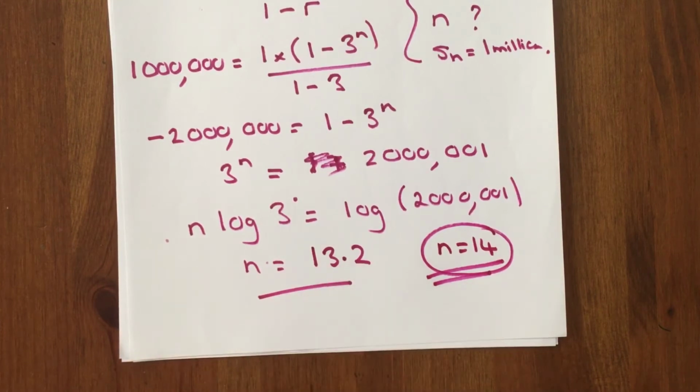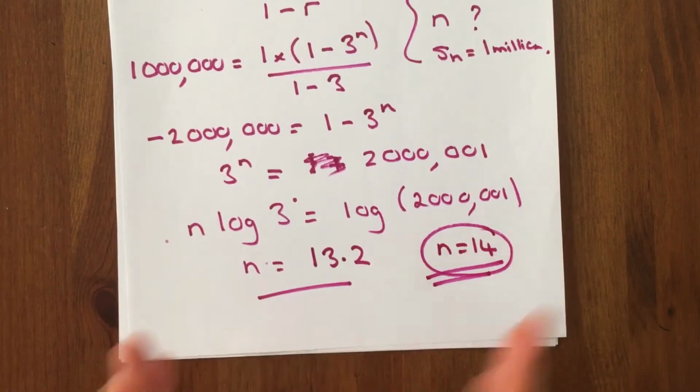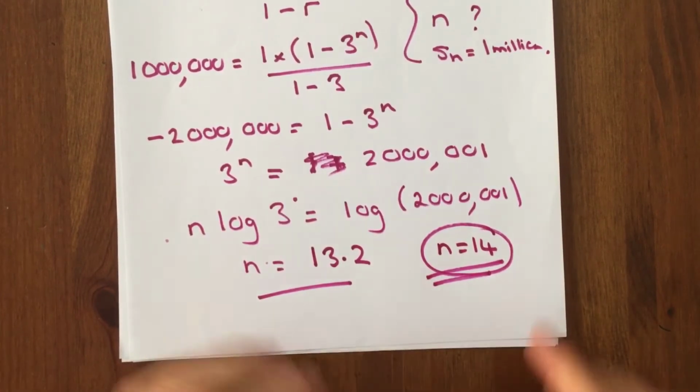13 is going to be slightly too small. Obviously n has to be a whole number because it's the number of terms. Okay,